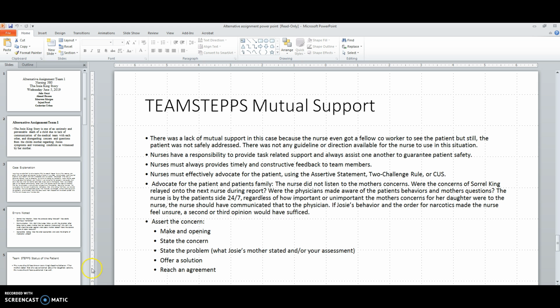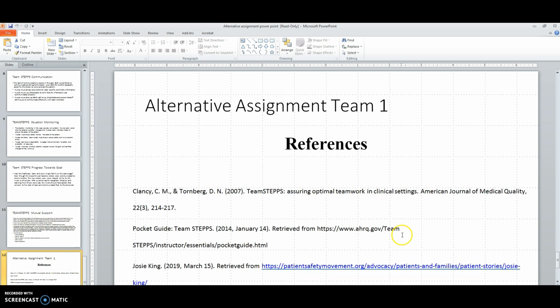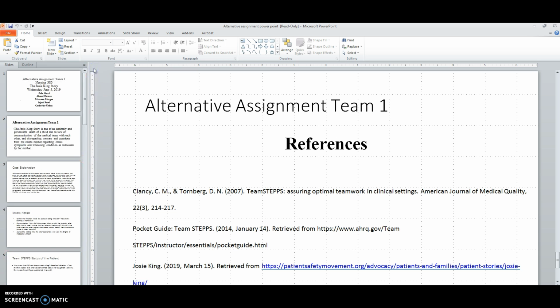And your APA formatting for your references, I don't even know where these references are used. If they were used, where were they used? And your formatting is incorrect for your APA references here. I know you guys worked on this, but it's evident that you did not work on this for the entire week that you were given time to work on it, from Tuesday after the live session until last evening.